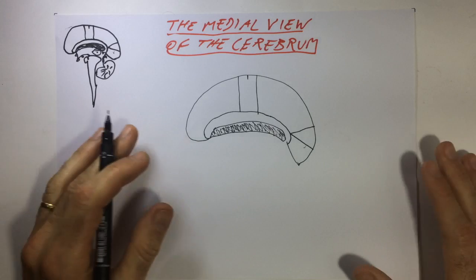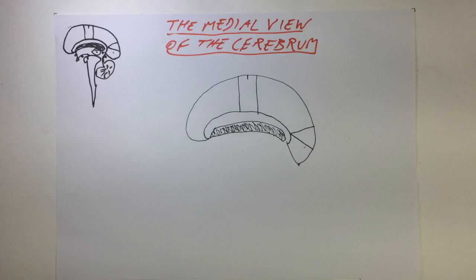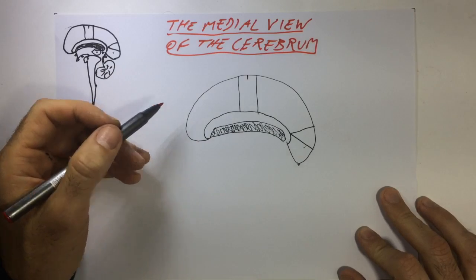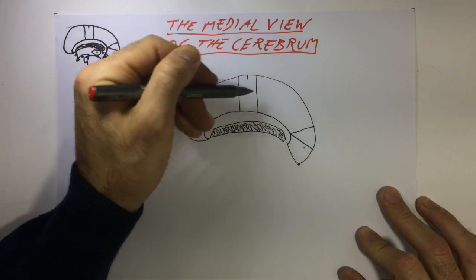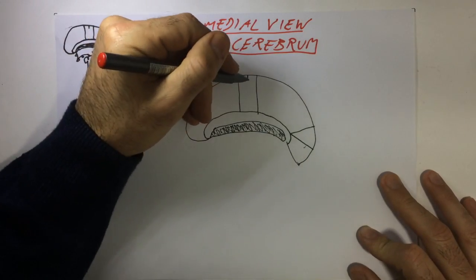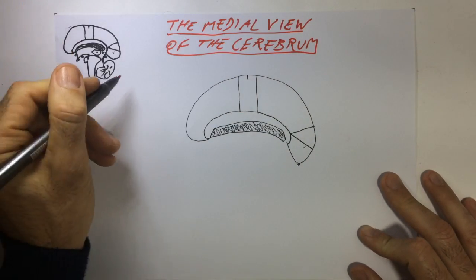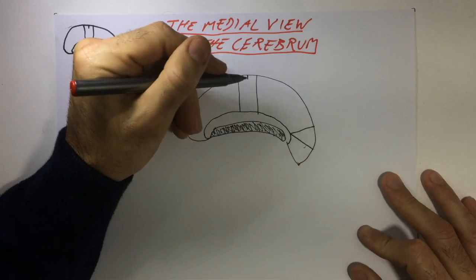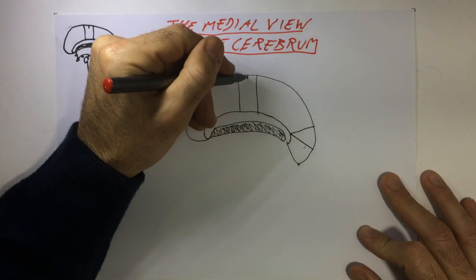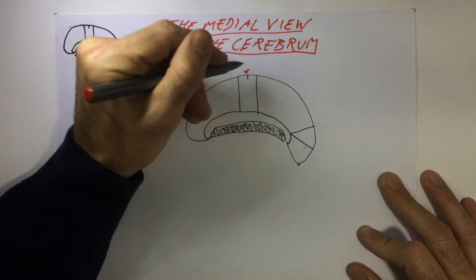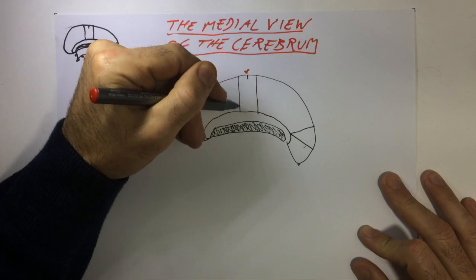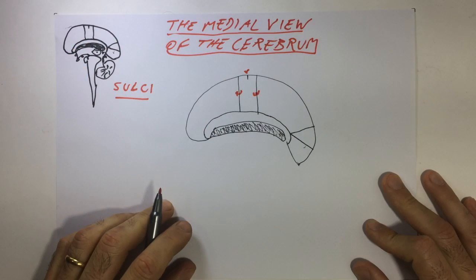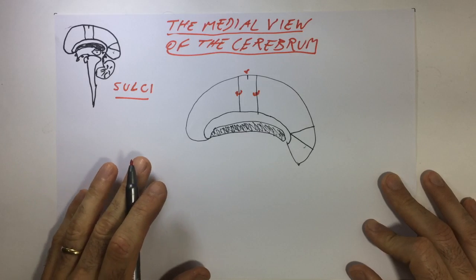And so, okay, other than that, let's just name these structures for you guys to have all the neuroanatomical structures related to the medial view of the telencephalon in this case. So let's start with the sulci. So we have here this little sulci. That's going to be number 1. Here we have this one here, 2. And here in the back, 3. Just remembering that actually